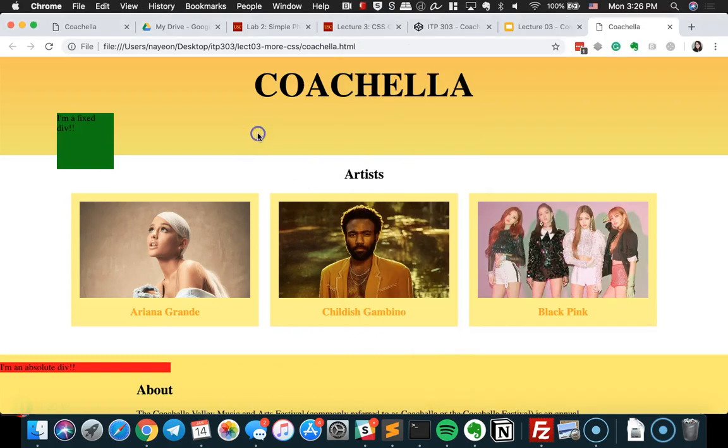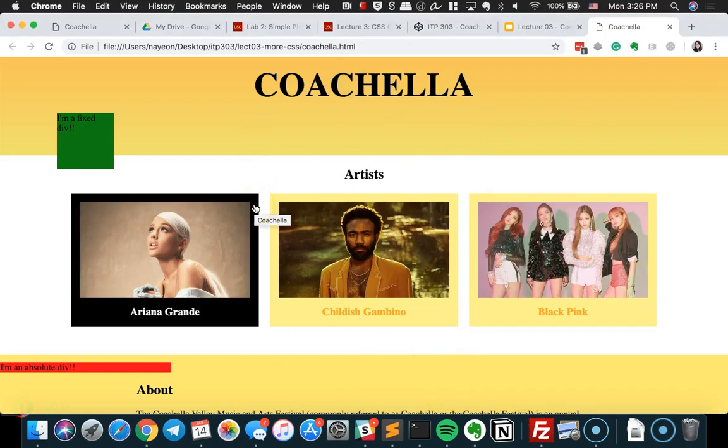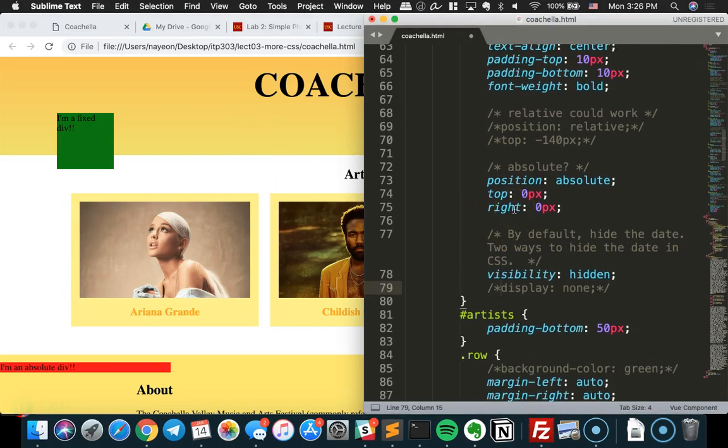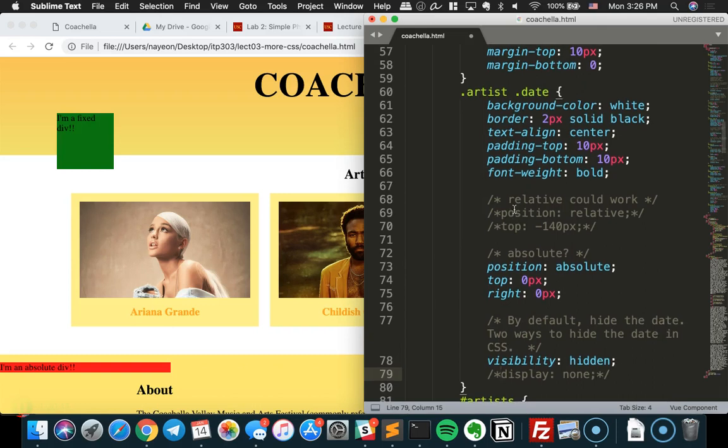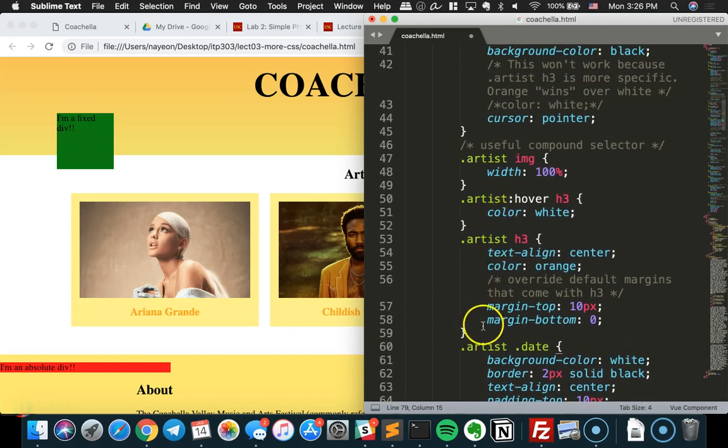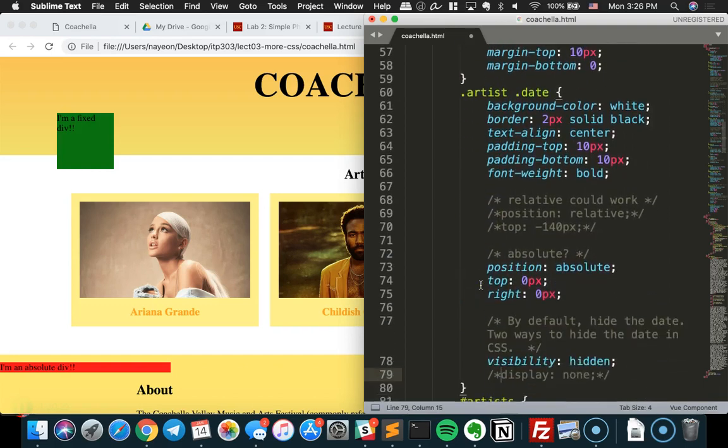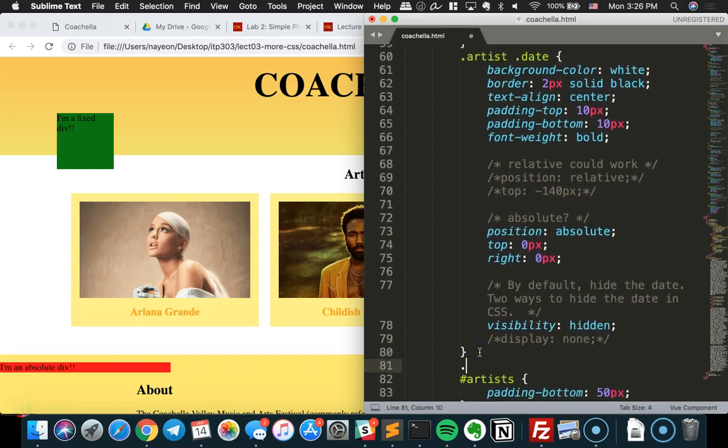So what happens is that when I hover over, I want it to show up again. So we gotta go back to our hover thing again. Where's a good place? Maybe we'll just put it after artist date. We'll just put it after artist. Okay, so let's do this. When I hover over artist,